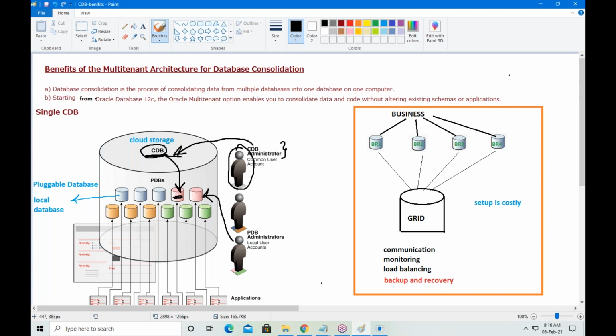Let me repeat again. This is your diagram. First step, the DBA connected to CDB. And from CDB, switch into PDB. This is the connection, and this is the switch. Once switched, create the user account here.